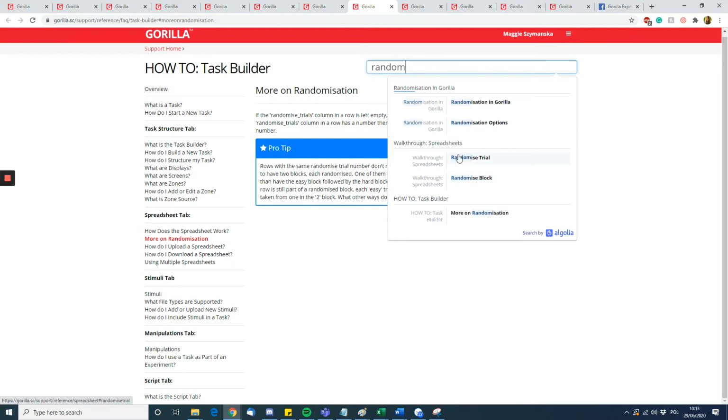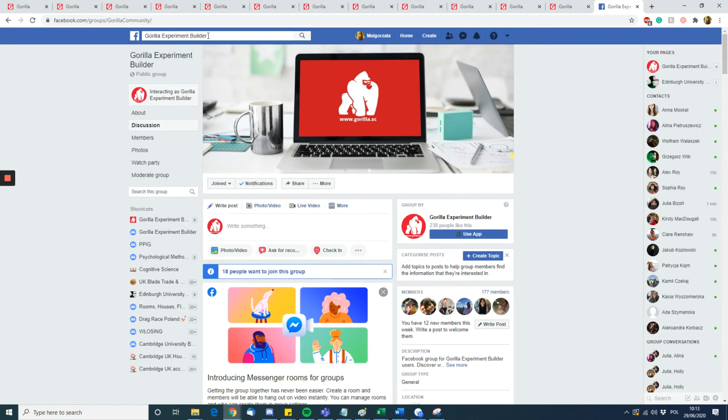We also have the Facebook Gorilla group, which offers a lot of peer-to-peer support. If you search for Gorilla Experiment Builder group in the search bar of Facebook, you should be able to find it. And here, users of Gorilla can come together and help each other. It's a great resource, and everyone is actually so happy to help. And there's so much interaction happening on the group. And so you can always maybe post a question here and see if someone in the community had a similar